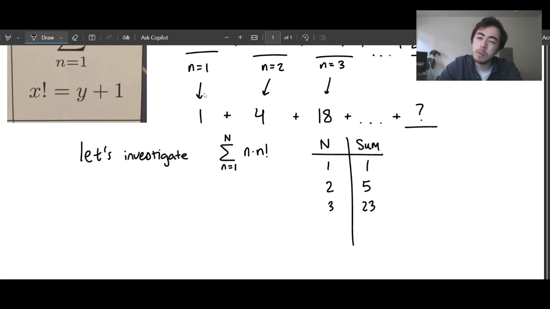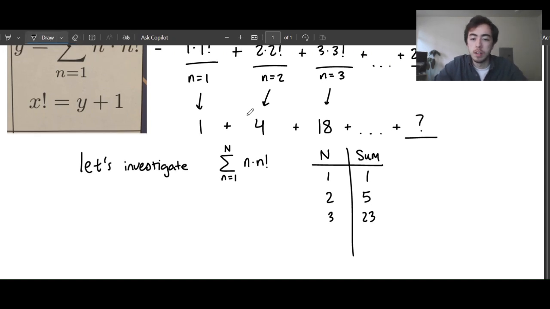And maybe it would be useful to get the next term in this sequence. So when n is 4, let's see, I'm going to add on a 4 times 4 factorial. That's 4 times 24, and that's going to be 96. So 96 plus the 23 is going to get me to 119. And I'm noticing a pattern here, just because if I add 1 to all of these values,